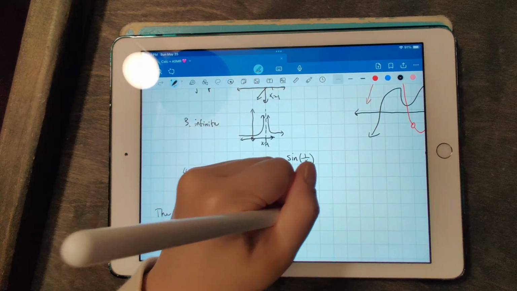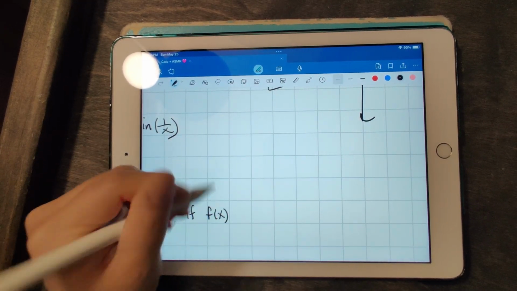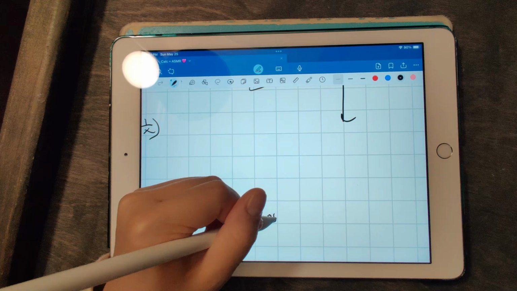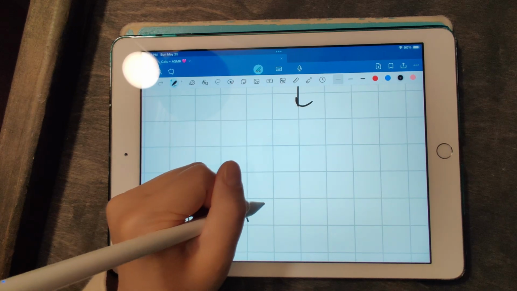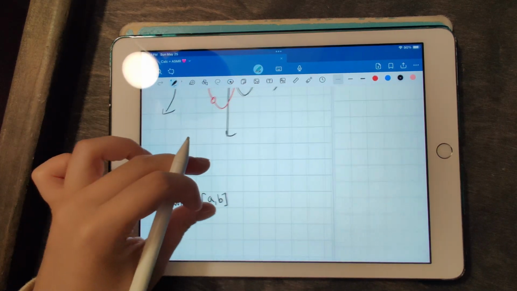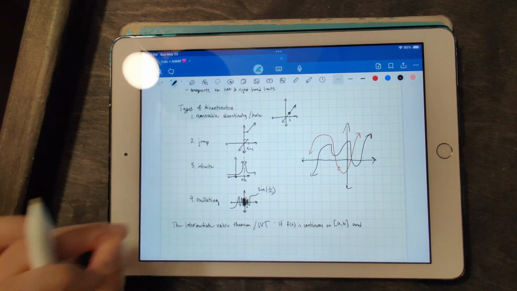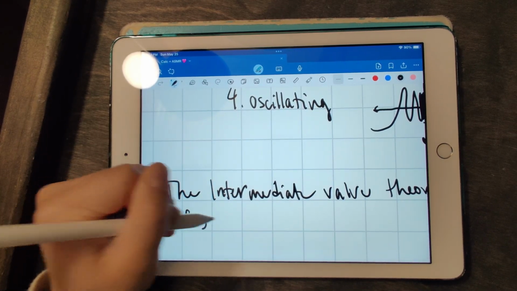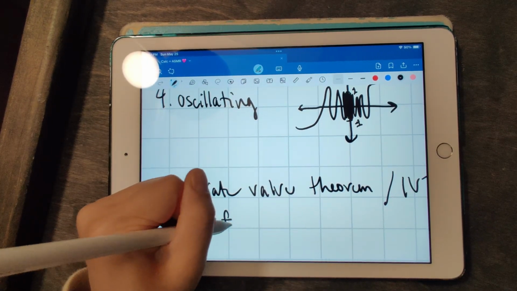It states that if you have a function f of x that is continuous on the closed interval a to b, and f of a is less than m is less than f of b for some m,